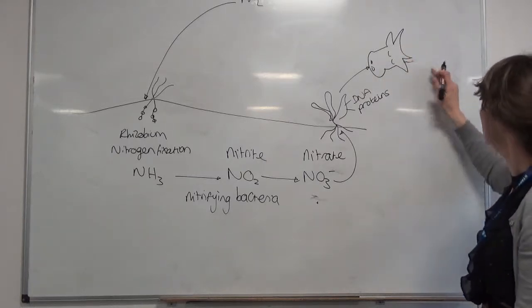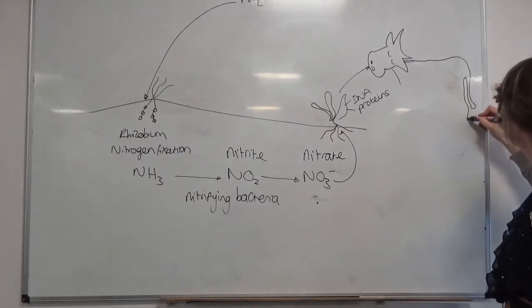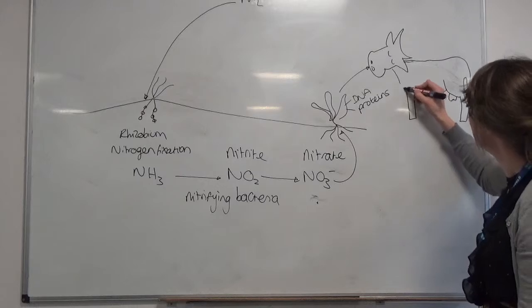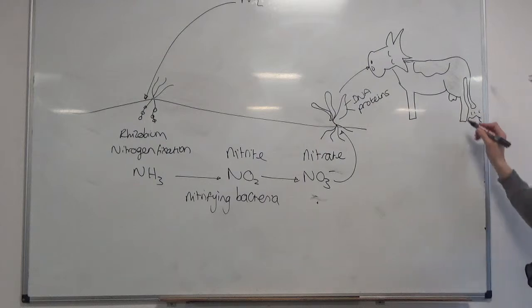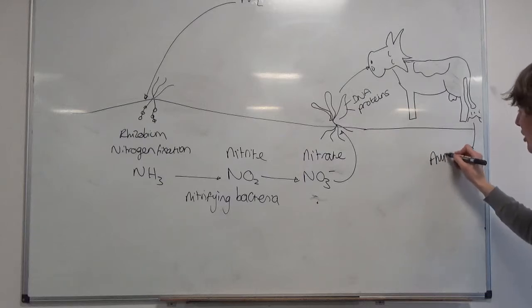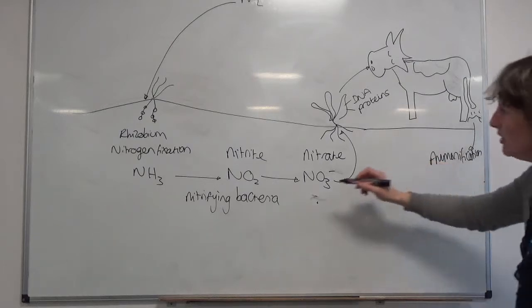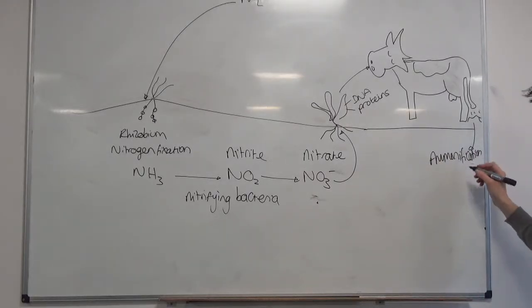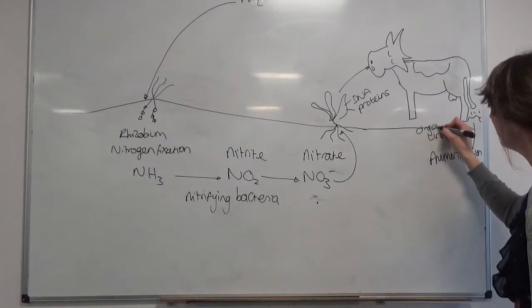And that animal will then do things like poo and wee. And if it poos and wees, then that will get broken down by a different type of bacterium. So this is poo and wee. That gets into the ground, and it's going to go through ammonification. So this is really a cycle within a cycle, because you've got your nitrogen fixation, and then this ammonification basically takes things like urea, which contains organic nitrogen, so we'll call that organic nitrogen,